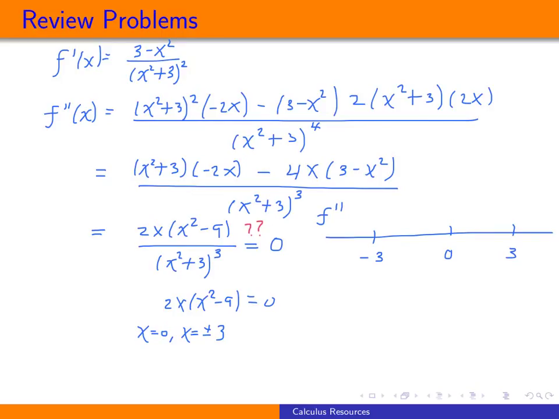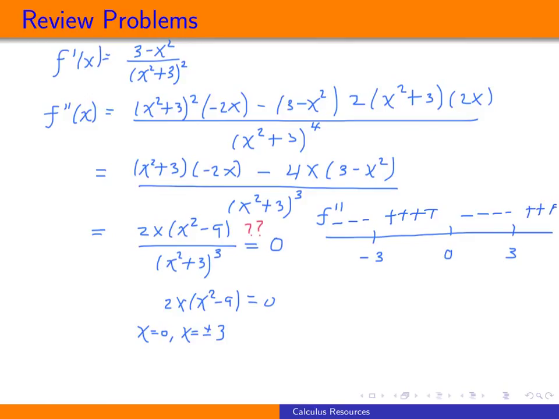And to do so, we'll once again just plug some values in. Notice that if we look at the function that we have for the second derivative, the denominator is always going to be positive, so we really just have to plug into the numerator here to determine the sign. So if we plug in something like, say, minus 5, we would have a negative times a positive, which is a negative. If we plug in something between minus 3 and 0, say minus 1, we'd have a negative times a negative, which is a positive. If we plug in positive 1, we'd have a positive times a negative, so negative. And a number larger than 3, say something like 10, we'd have a positive times a positive,